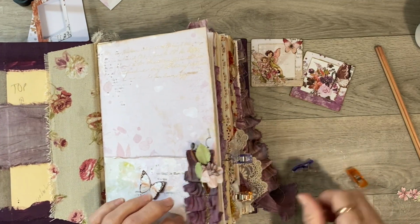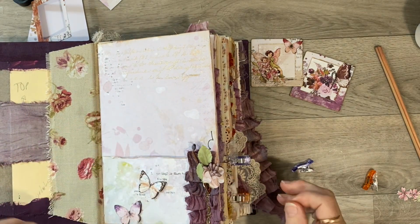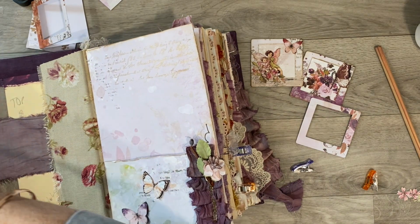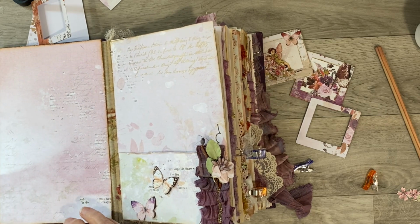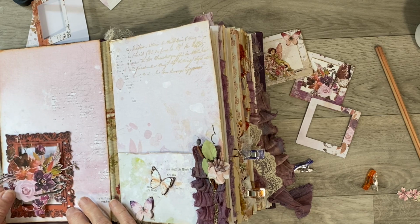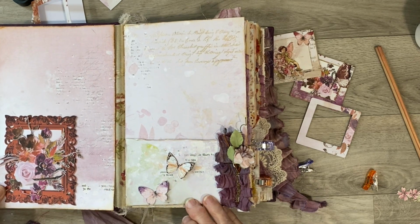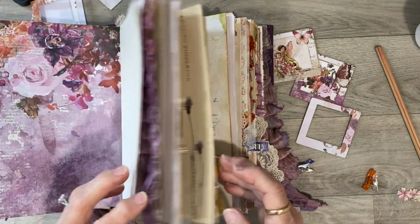And we've got our little pocket in the front here now, which I think is pretty secure. So we will be putting something into that. I think this is going to go here, so I need to decide on whether I like that frame with those flowers. I think I do. I think I like it. And then we've stuck a ruffle on,